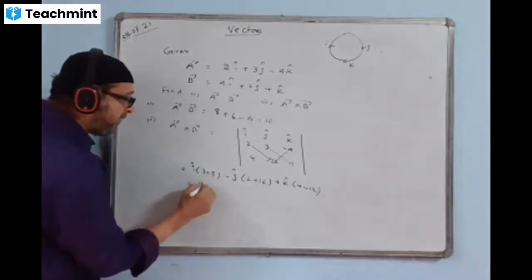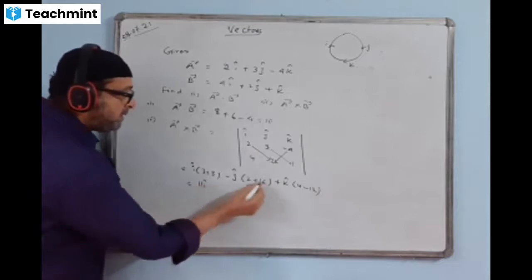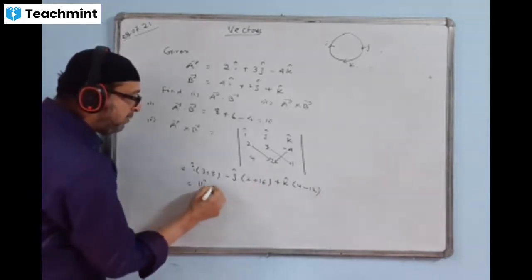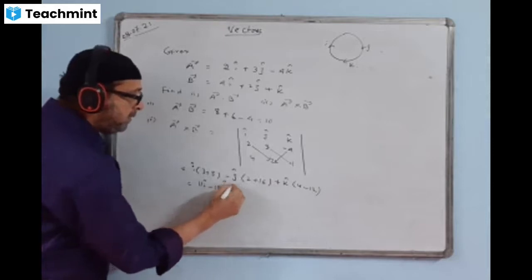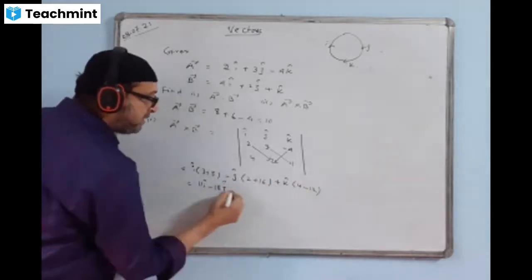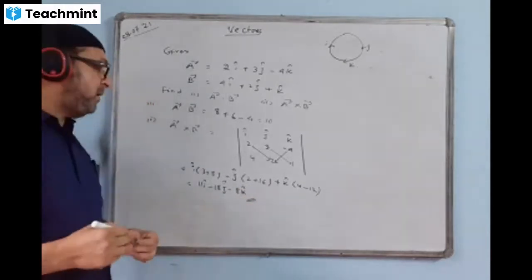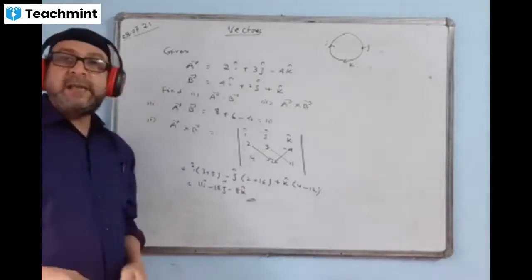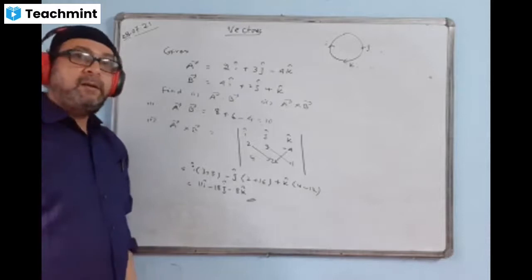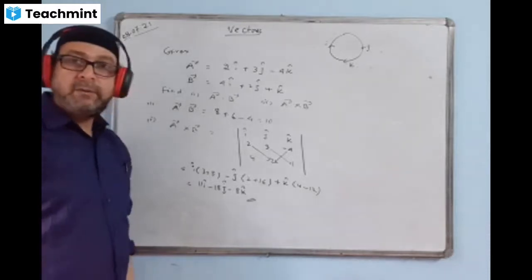8 plus 3 is coming 11i. 16 plus 2 is coming 18. So we get plus 18, and this will come minus 1 is a minus 18j. 4 minus 2 is minus. We get minus 8k. Check whether the answer is the same or not in both the methods. Please check the previous method and this method.